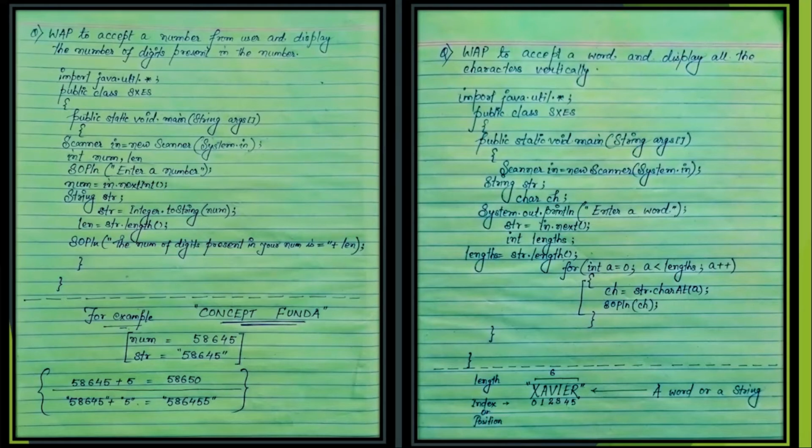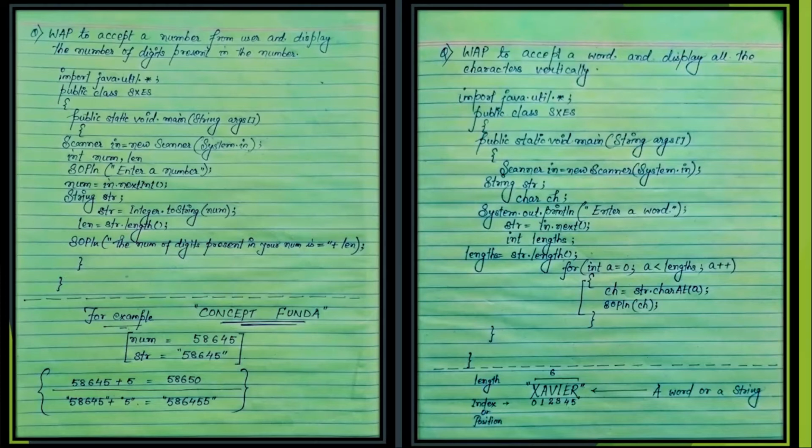After that, what we have done is int num. We have declared a variable with name num as well as len. Okay, over here a terminatory symbol is missing. Do note of that. After that, System.out.println, enter a number. Num is equal to in.nextInt. This is the particular function using which we store the value inside the variable num.